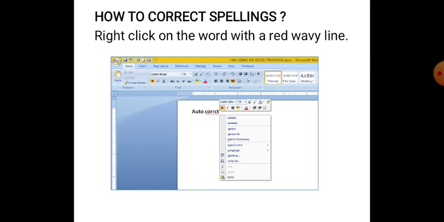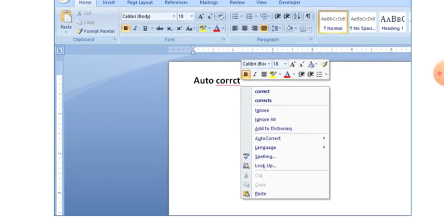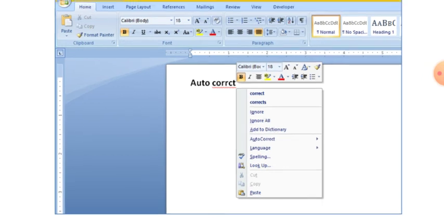Now we will learn how we can correct the spellings. Children, the simplest way is that whenever we find any word that has a red wavy line, that is a spelling mistake, simply right click on the word. As we click on the word, a list will appear and it shows us suggestions of what can be the correct word.